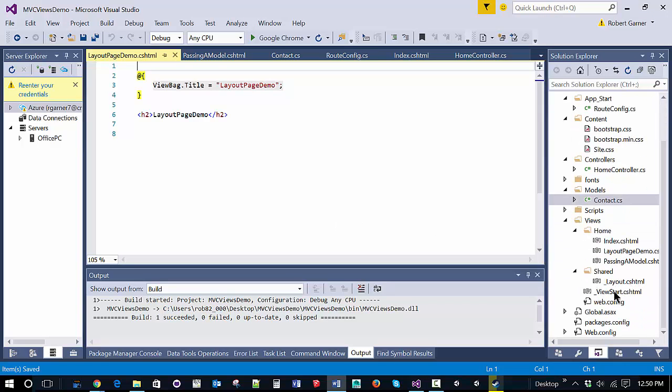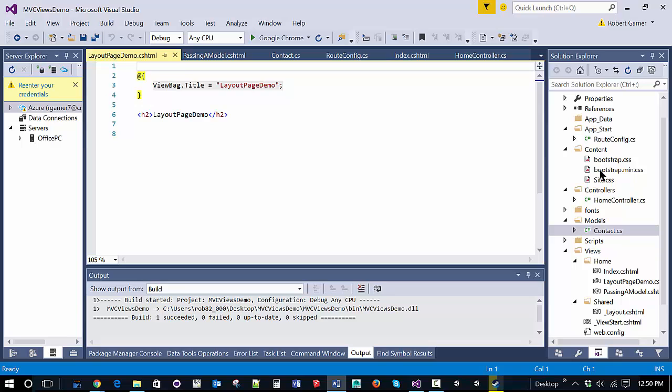And now you can see that we have, in addition to what we had before, we also have the shared folder with this layout.cshtml. We also see that Bootstrap is now in here in this content folder. And the layout page that was created